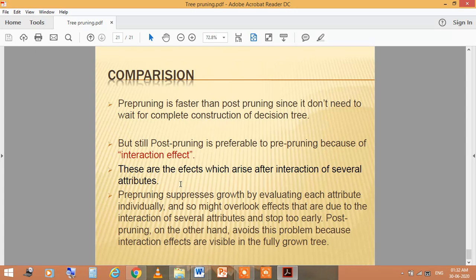Pre-pruning suppresses growth by evaluating each attribute individually and so might overlook effects that are due to the interaction of several attributes and stop too early. Post-pruning, on the other hand, avoids this problem because interaction effects are visible in the fully grown tree.